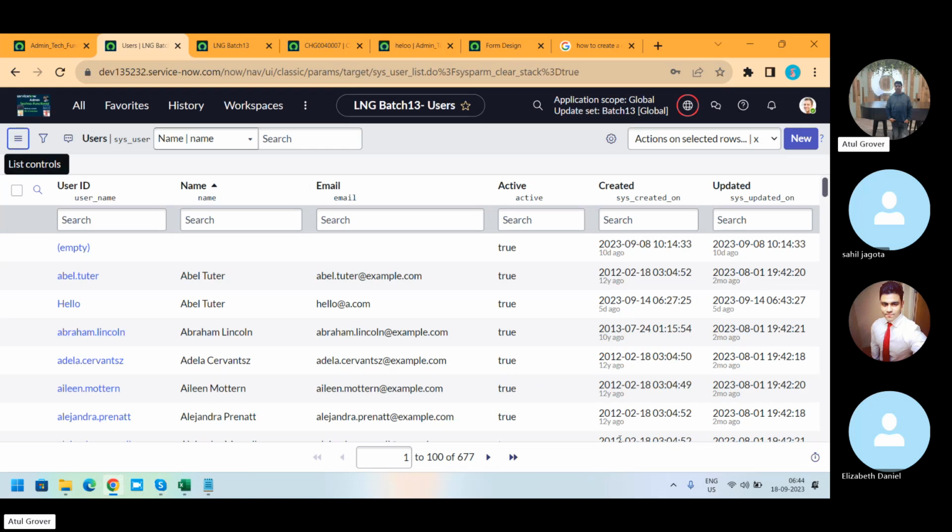So now you have to remember the table names, minimum table names: user table, group member table, role table, incident table, task table, change table, problem table, CMDB table, SLA table. These are the table names you have to remember now,